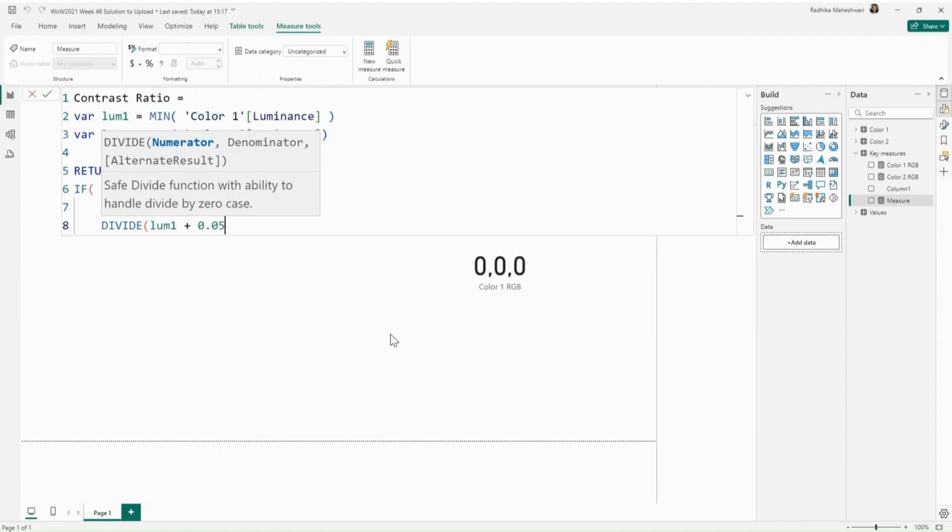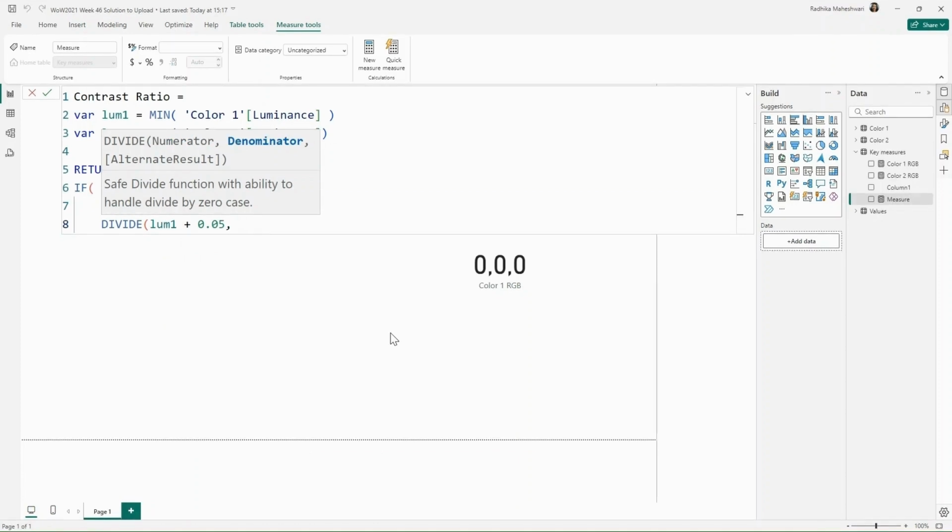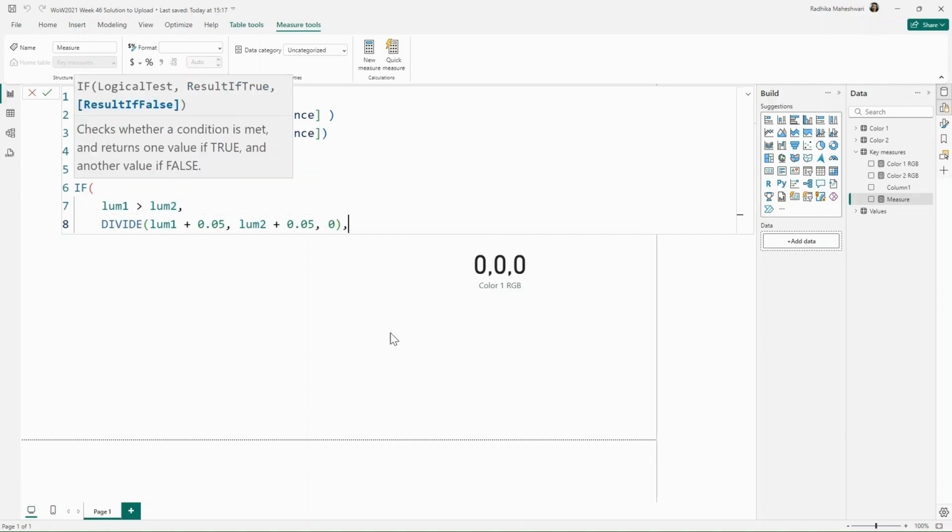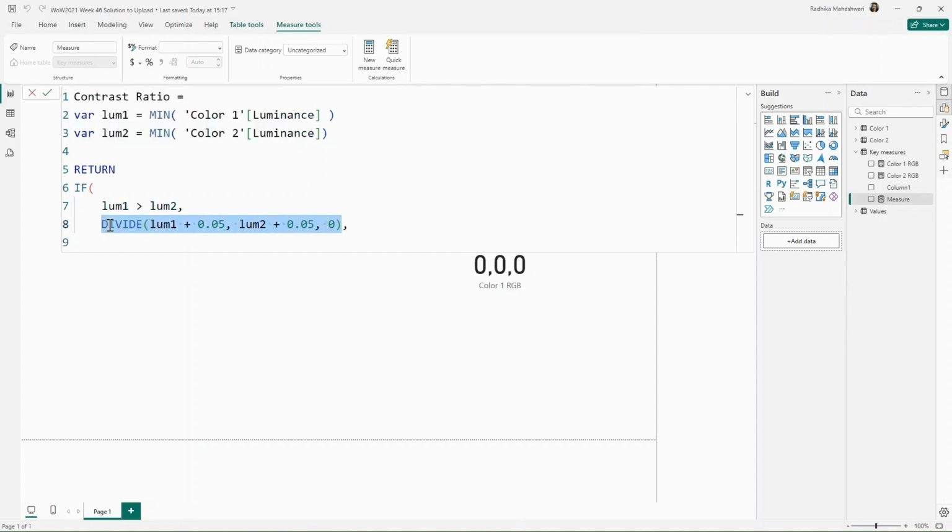We will add 0.05. I'm just replicating the calculation, and then I'm getting luminance 2, adding 0.05, and the alternative result would be 0. So we divide luminance 1 by luminance 2, but if this is not true, then we are going to do the opposite. So I'm just going to copy this and do it the other way around and close off the